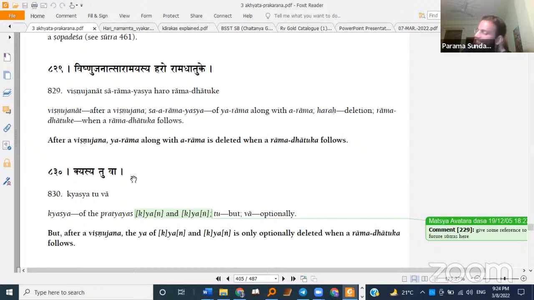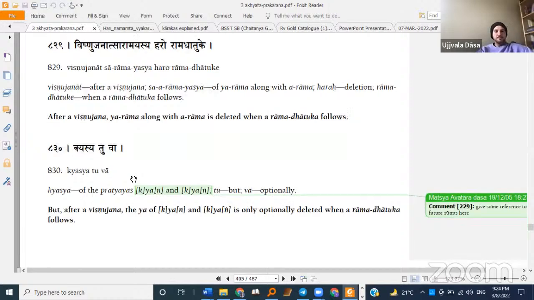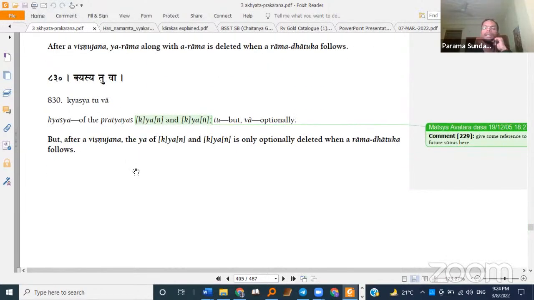Yeah. So after Vishnu Jana, Sa Arama Yasya. Ya Rama along with Arama gets deleted when a Ram dhatu follows. Kyasya tuva. But after Vishnu Jana,